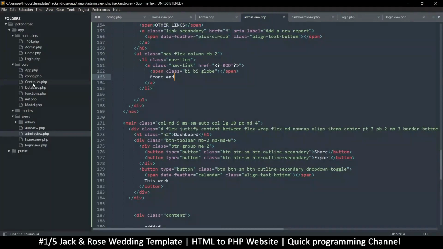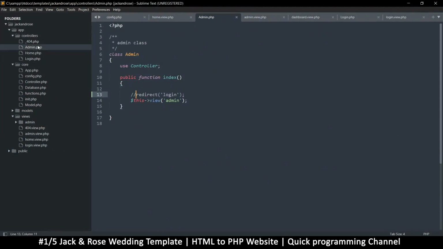The way it works is that the first item determines the page we access, which is the controller. In this case, the first one is admin, and then the second parameter determines which of the functions we actually access. So if I were to duplicate this function, for example,